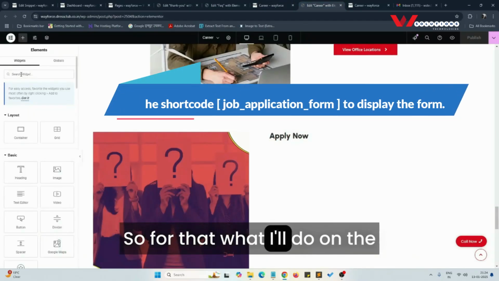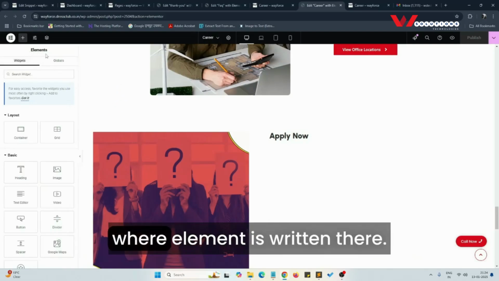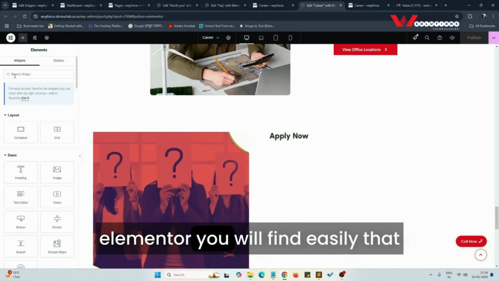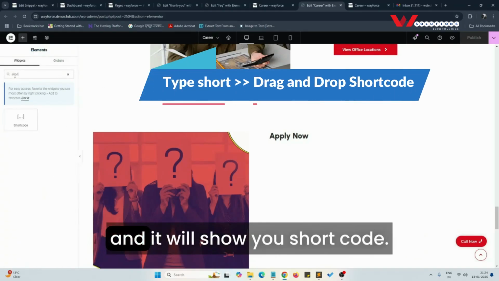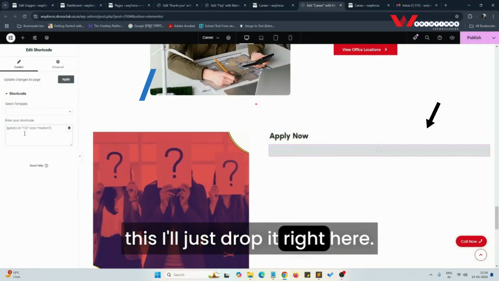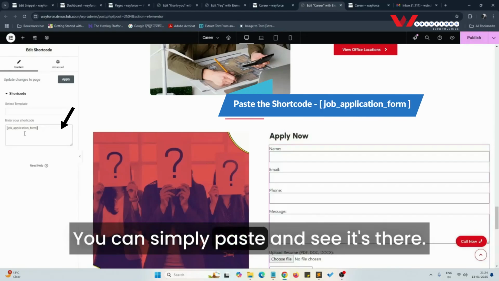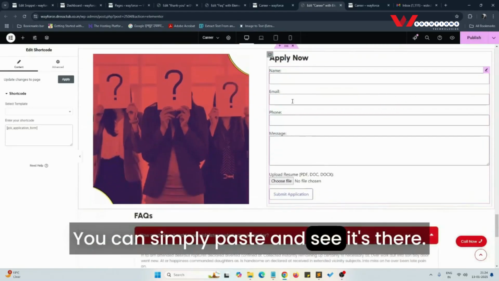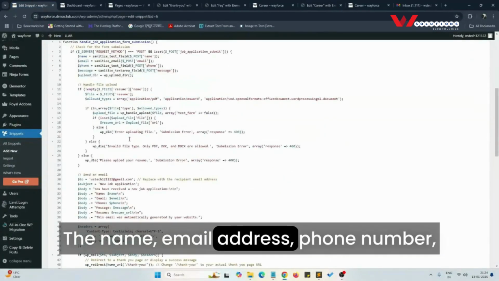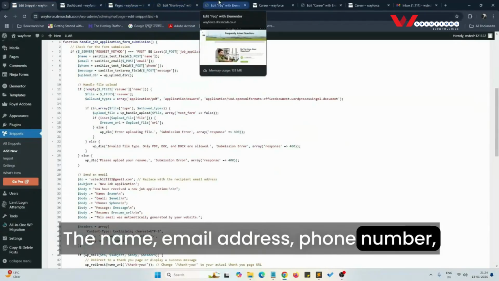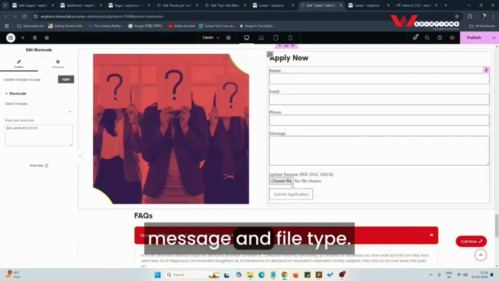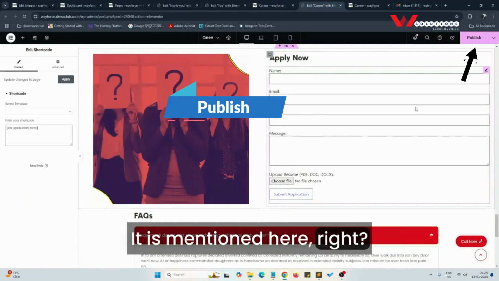So for that, on the left-hand side where Elementor is written, I'm sure that if you work on Elementor, you will easily find that you need to type shortcode and it will show you the shortcode widget. I'll just drag it, and just below this I'll drop it, right? Here you can simply paste, and see, it's there: exactly the name, email address, phone number, message and file type, it is mentioned here, right? So I'll publish it